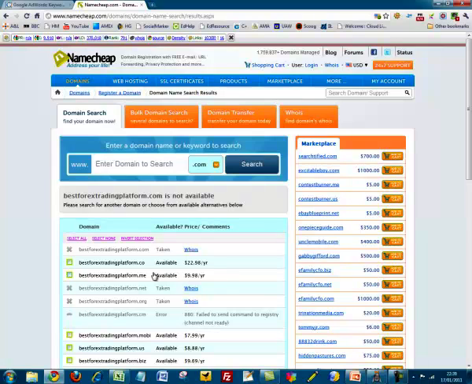and we can see the results. So the first thing we see, and this is not surprising because if you've done this before, you'll know that you see this all the time. Most of the keywords that look like they're worth targeting are already taken as domain names. So you can see here at the top, bestforextradingplatform.com is actually taken. Now we could, if we wanted to, go for a .co extension, which is available, or a .me, and as I said, a bit like the info example that I gave earlier, I'm not a real fan of those other kinds of domain name extensions. I really want a .com if I can have one. So